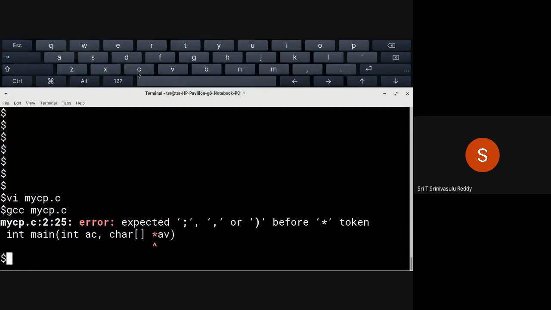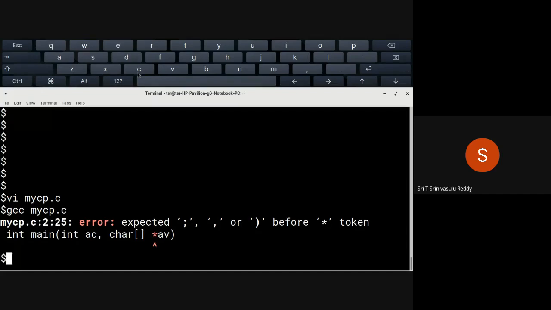Star AV, char array, star AV. Actually, one more square bracket is going to do, or two double stars will also do.